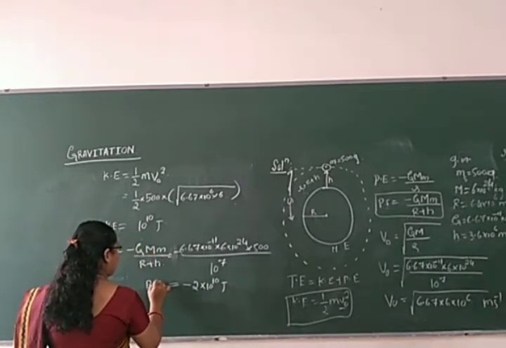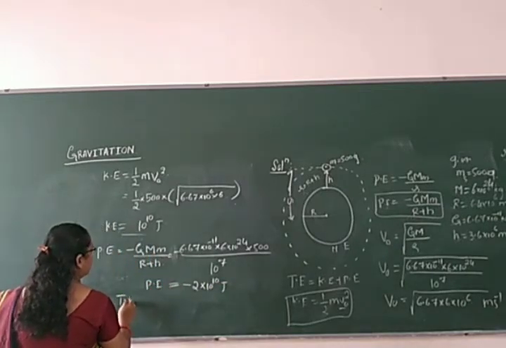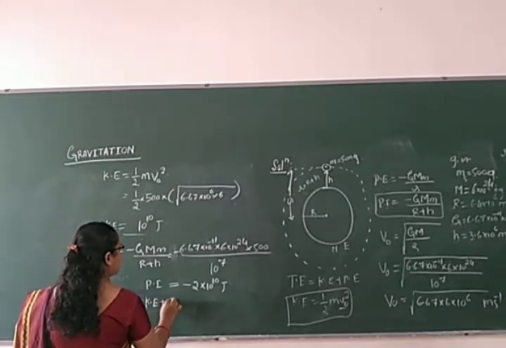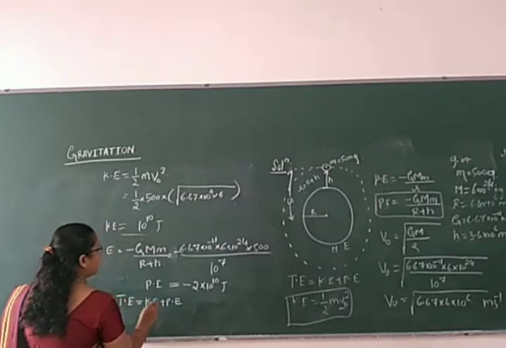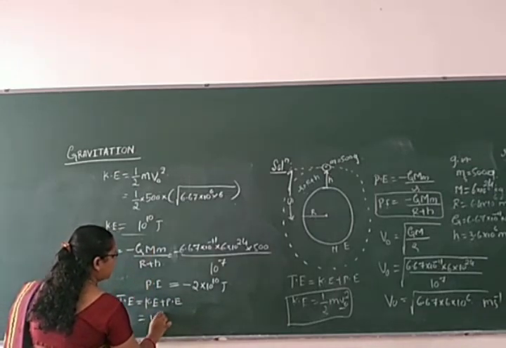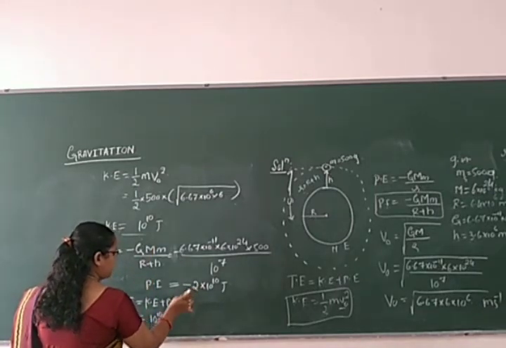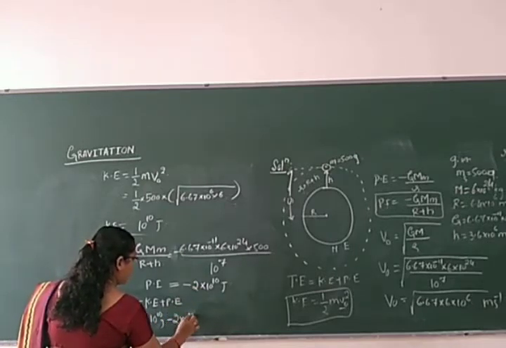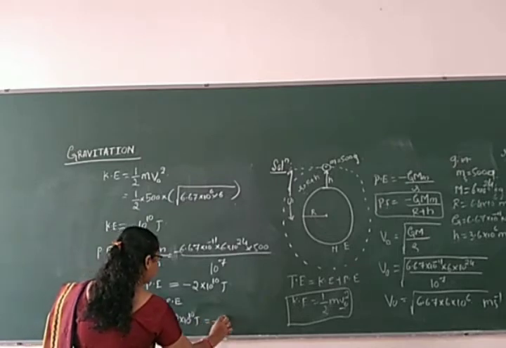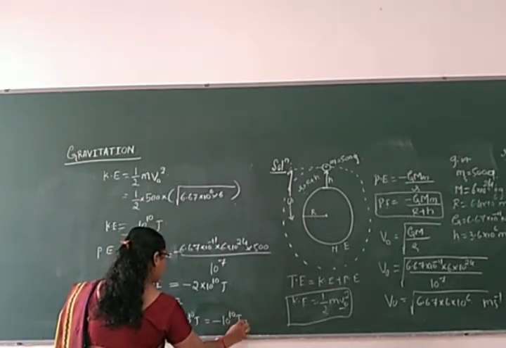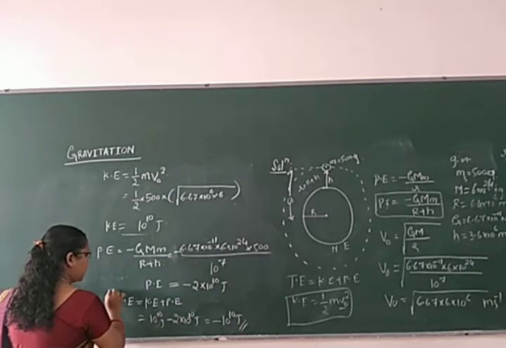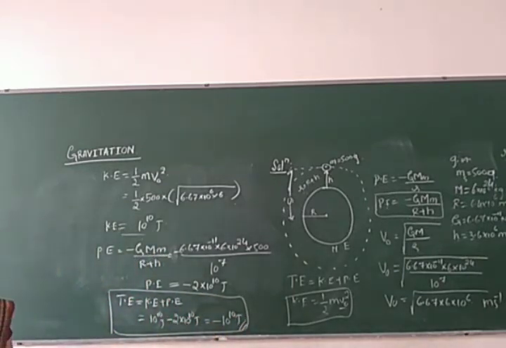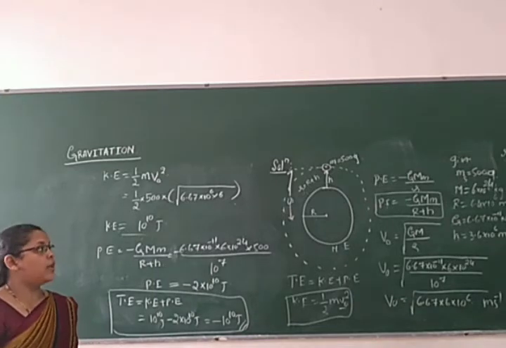So we got the potential energy. So what will be the total energy here? The sum of kinetic energy and the potential energy here. Kinetic energy value is 10 to the power 10 joules minus, because minus is there, potential energy 2 into 10 to the power 10 joules here. So finally we are getting minus 10 to the power 10 joule. So this is the expected total energy, computing the total energy of the satellite which executes the revolution around the